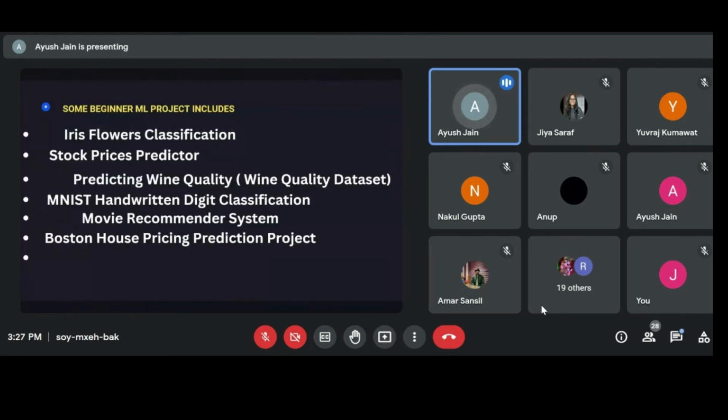I am mentioning some of the beginner machine learning projects that you should start working on, and these will basically improve your machine learning clarity and your understanding of how a model is working.